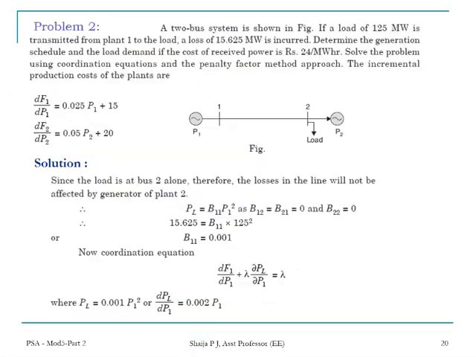No, that is dF2 by dP2 plus lambda into this term will not be there, no? Dou PL by dou P1, that is 0, no? Because P2 has nothing to do with the loss. Transmission line loss is not at all affected by P2. So dou PL by dou P2 will be 0. So this equation will be dF2 by dP2 is equal to lambda. That's the second coordination equation.